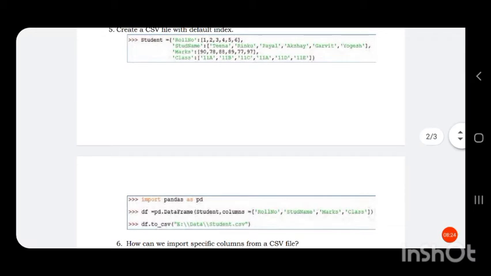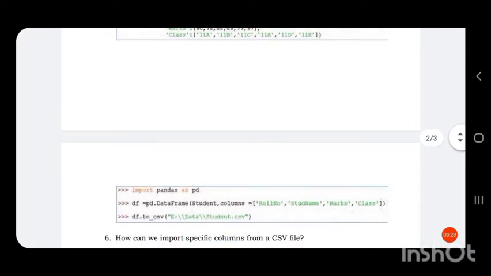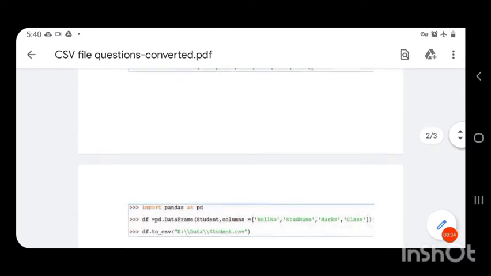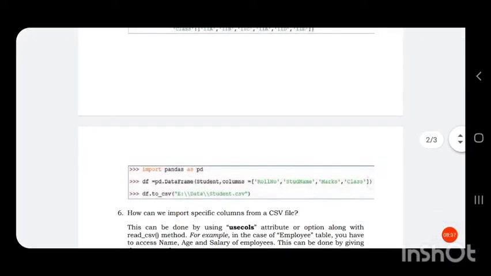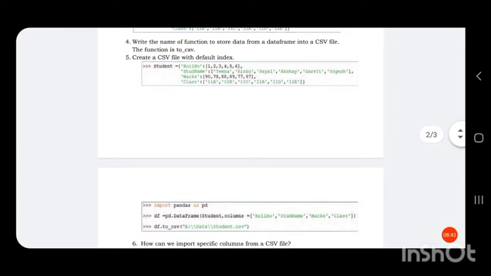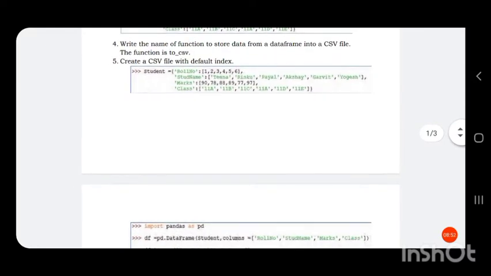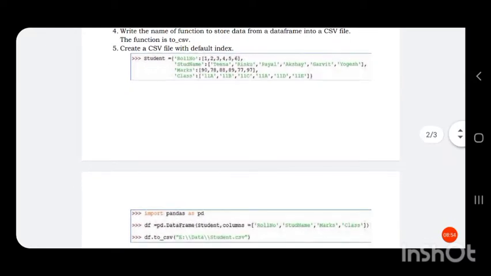Now we are importing pandas library, then creating a data frame. df is equal to pd.DataFrame(students, columns=column names), and row index is not given, so the default index, that is 0, 1, 2, 3, will be given for the rows in the data frame. So this is the program for creating a CSV file with a default index.